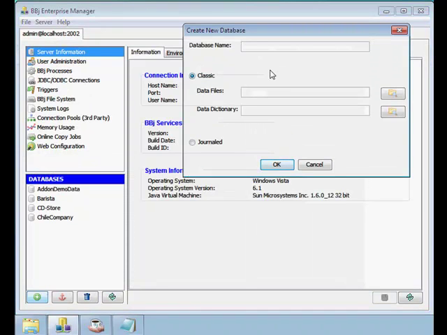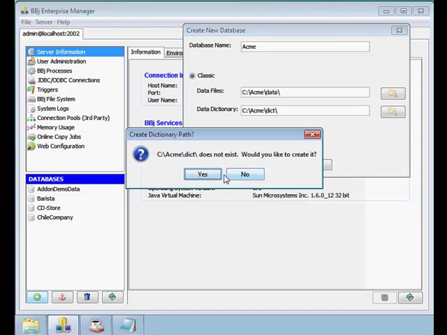So let's begin by opening up the Enterprise Manager. We're going to create a new database. Our database name is Acme, and we need two pieces of information for the creation of the database. One is where we would store the data files, and two, where we would store the data dictionary information. So we'll put that into the Acme dict directory, and with those two pieces of information we go ahead and